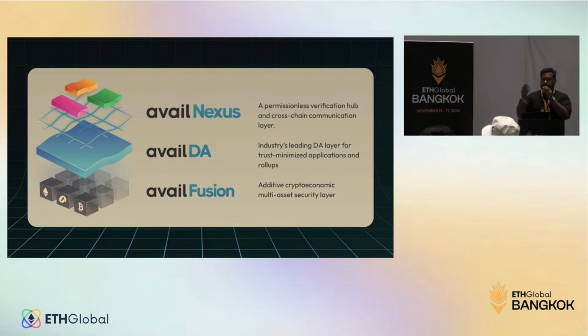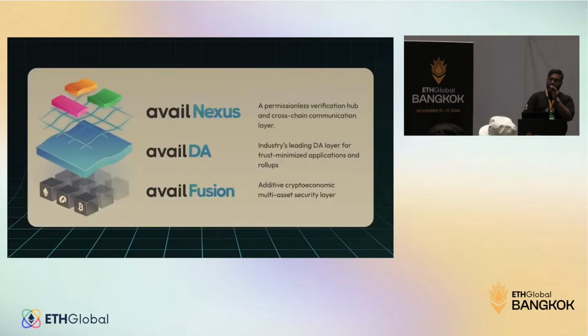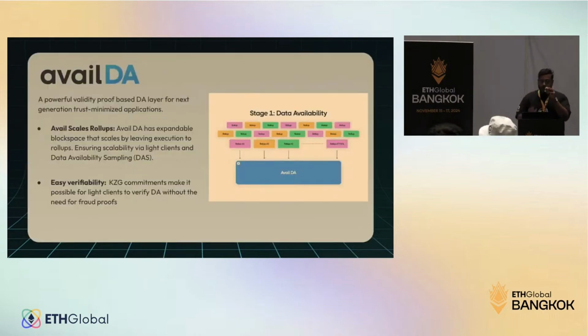Right now, as hackers, the main thing that you want to focus upon is the DA layer, which is short for data availability, right? So what we want to enable you to build is highly performant rollups. So we are a rollup infra tech stack. So what is Avail DA, right? Avail DA is this validity-proof based DA layer for building trust-minimized applications. Essentially,